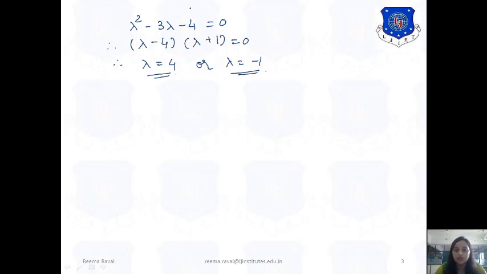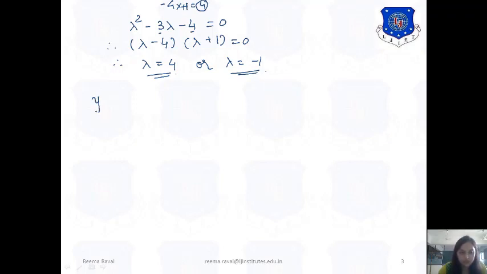Okay, so these are the solutions of this, right? Because here 3 plus 1 equals 4, right? Or else 4 into 1 equals 4, right? So according to the factors we are getting over here, 4 into 1 equals 4 sets this term, and 4 minus 1 will give you 3, right? So this will make the minus 4 and this will give the plus 1, giving the middle term minus 3 and this as 4. Okay, so using this solution we can get lambda equals 4 or lambda equals minus 1, right?